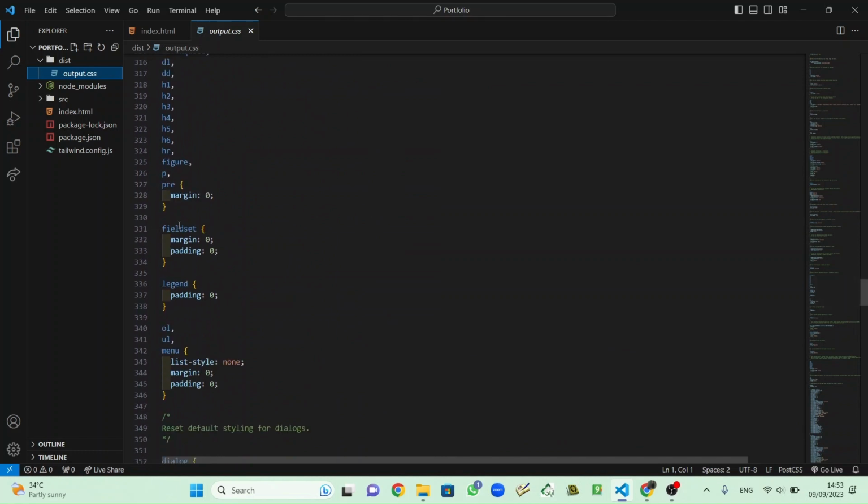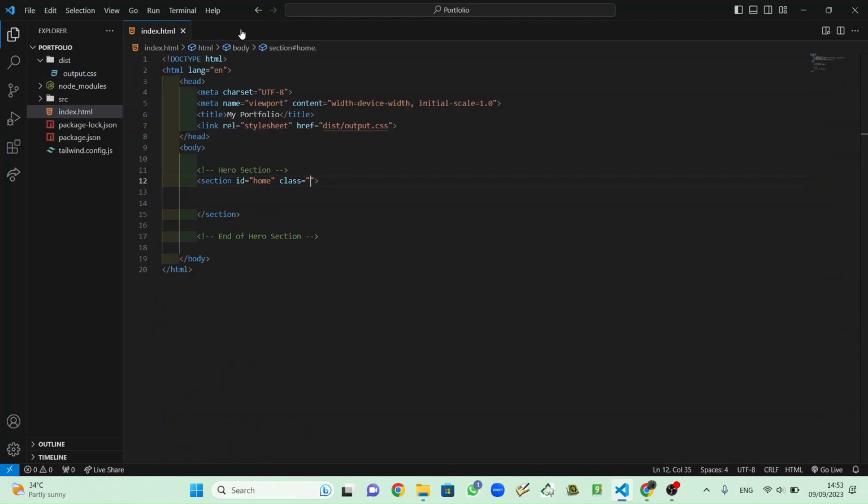For example, this fieldset, so the margin will be set to 0 and padding to 0, or legend padding 0. That's for example. But what I want to type here is padding top 36. And look, this 36 means 9 rem or 144 px. So this does not mean 36 px but 9 rem. And next, inside section is